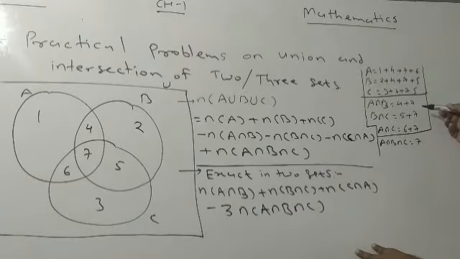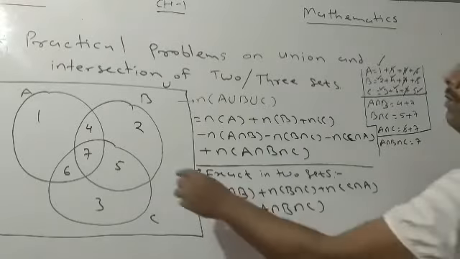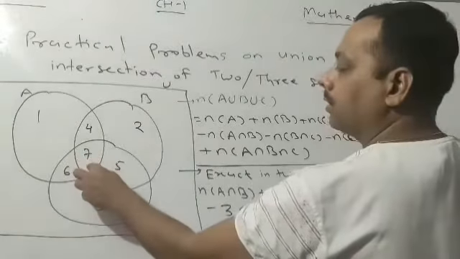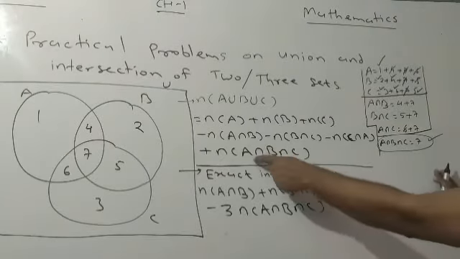And then we will subtract these 3. When we subtract these 3, it means 3 times 7 is subtracted. So 1, 2, 3 sevens are subtracted. 1 times 4, 1 times 5, 1 times 6 is also subtracted. Then what is left? 1 is left. 2 is also left. 3 is also left. 4 is also left. 5 is also left. 6 is also left. But we want 1, 2, 3, 4, 5, 6 as well as 7. So we have to add this A intersection B intersection C.